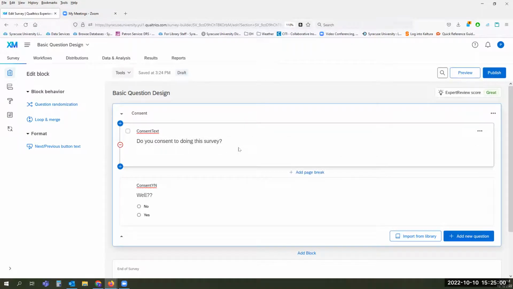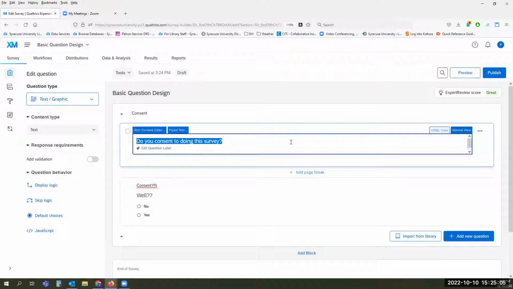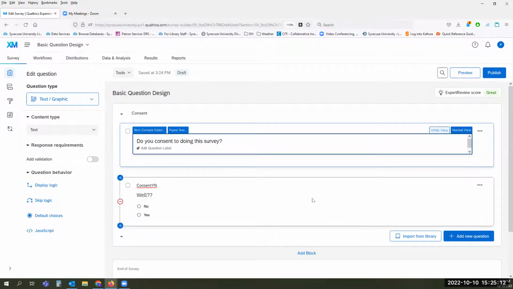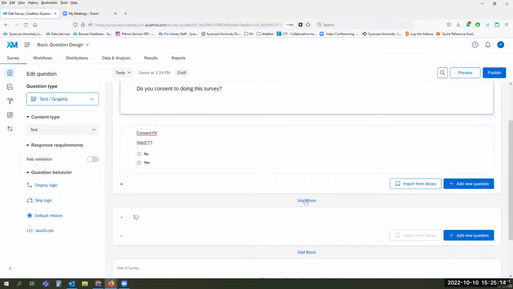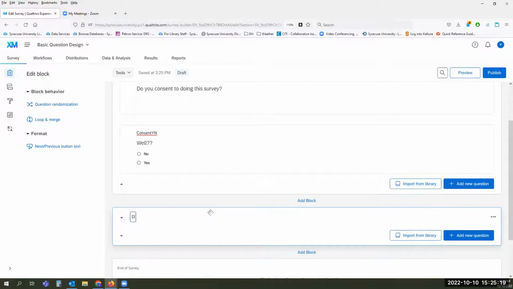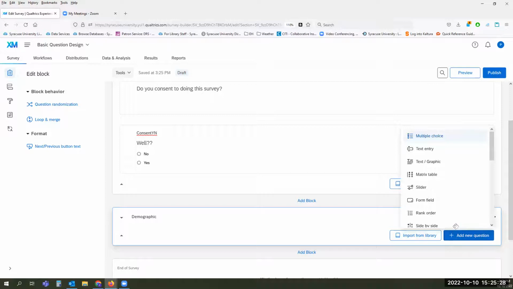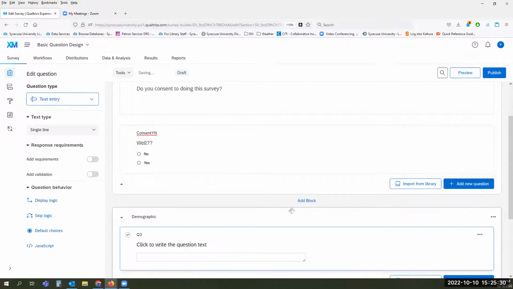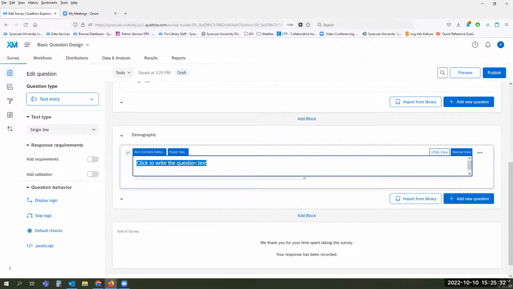Of course, you would have much better text in here for doing that. And so the consent block, and then you can add another block. Again, you can add a question. You can do text entry, say,